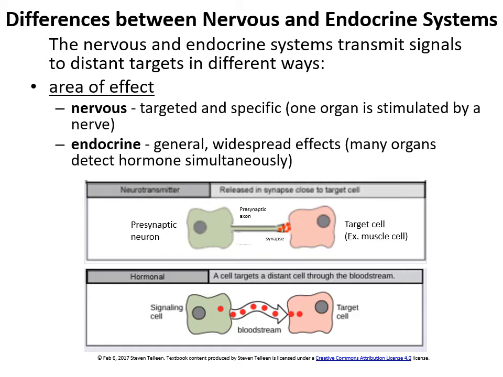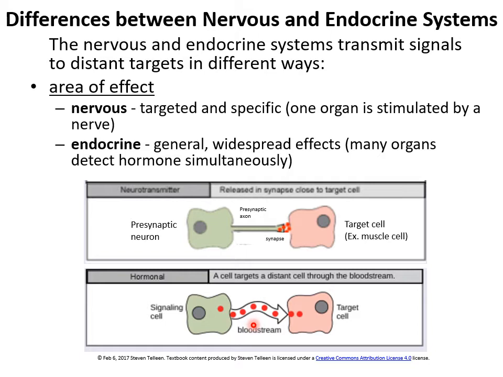Another difference between the applications of the nervous and endocrine system is the area of the effect. If a gland is secreting a hormone, it is entering the bloodstream and is distributing everywhere that blood is distributed, which is pretty much throughout the body, with very few exceptions, such as the lens of the eye, for example. Therefore, any cell that can respond to that hormone signal will. So it's a very general broadcast message with widespread effects throughout the body and many organs.